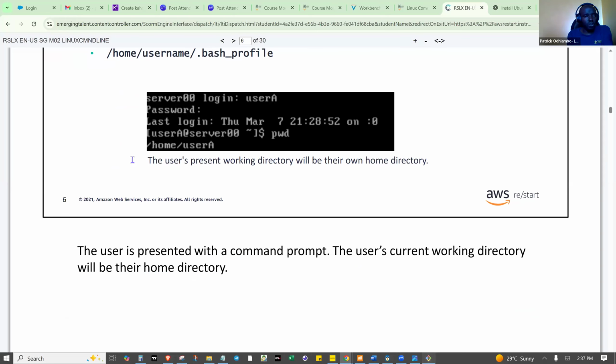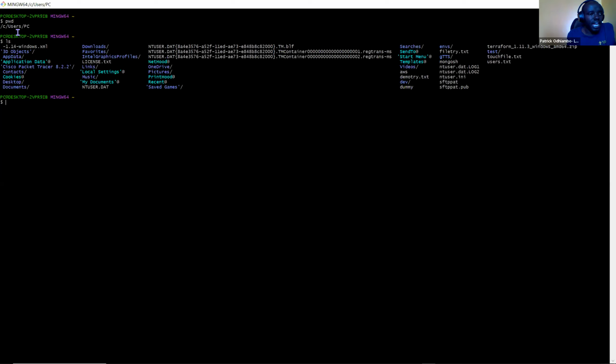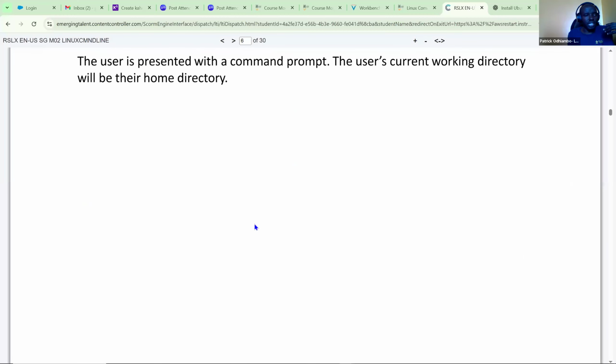Let me see if I can get it. I hope I've not closed it. You see like here, C/users/PC. You see that? So it shows you your current working directory. So here it is generally talking about users, because I have not really defined which user is currently using this PC at this point. But if I had mentioned a user named part, this is my own PC, so I don't even need to create users inside it. I just use it as is. But now if I had named, it would be C/users/part/PC or /document or /desktop, depending on where I'm at. You understand? Depending on where I'm at. So that is that.